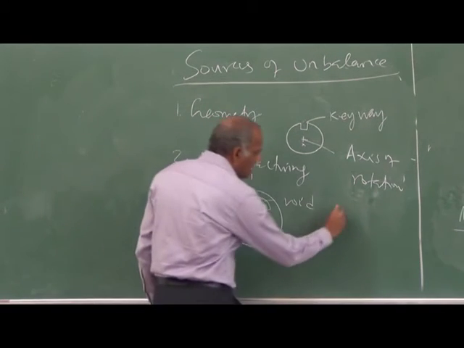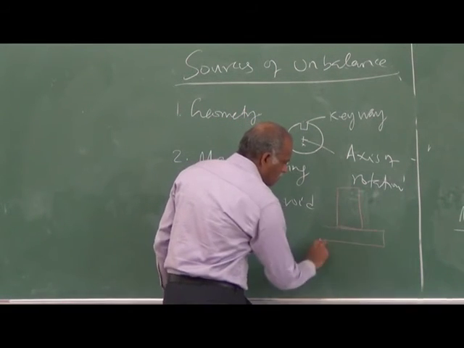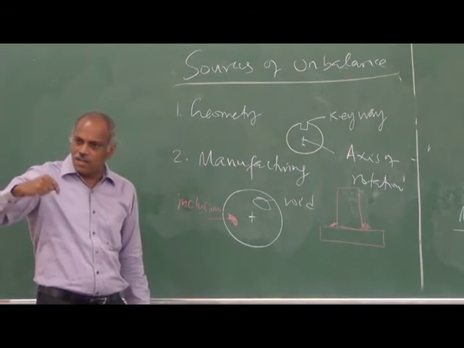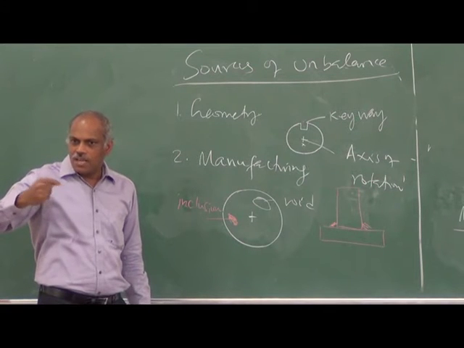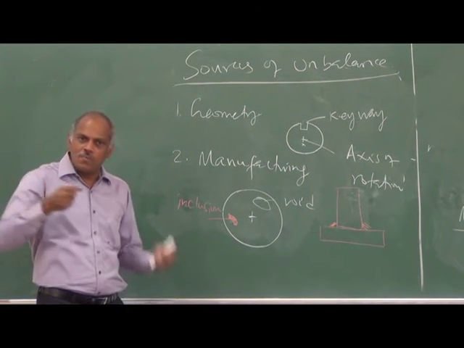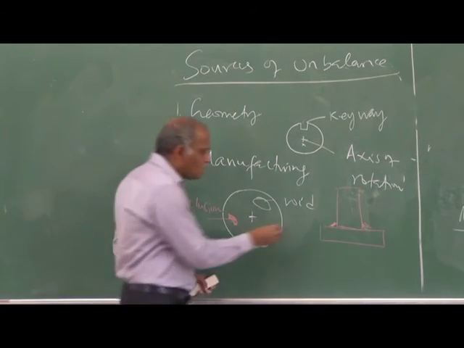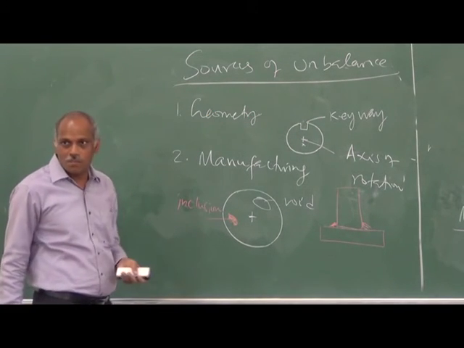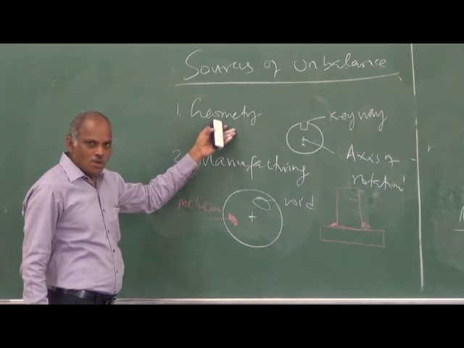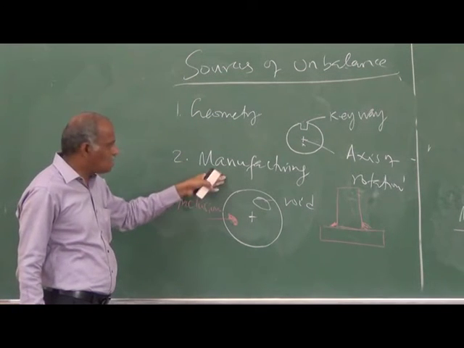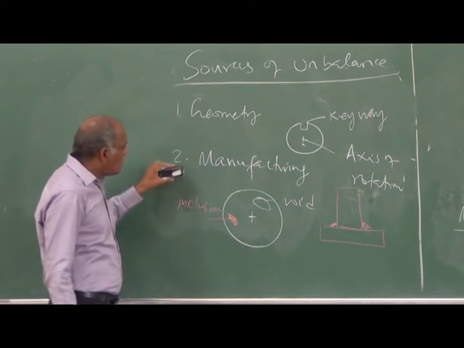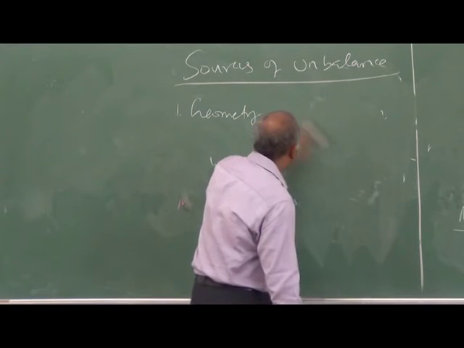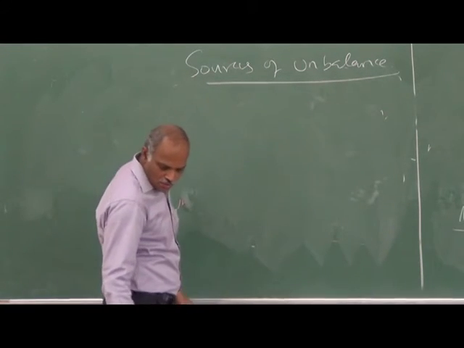Or suppose you are doing welding of a rotor. In the welding, the position of the weld need not be uniform. A slight difference in the starting or stopping place, or somewhere in the middle, and the deposition of the weld around may not be uniform, which may create the unbalance. So by geometry, by design, it may have an unbalance, or it may come in manufacturing, or in operation it may come. It may be perfect when you are starting the work, but during the operation,